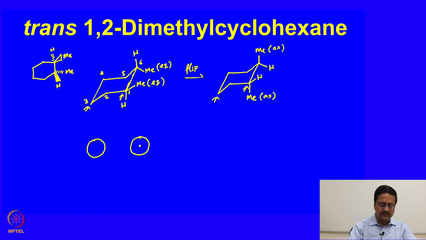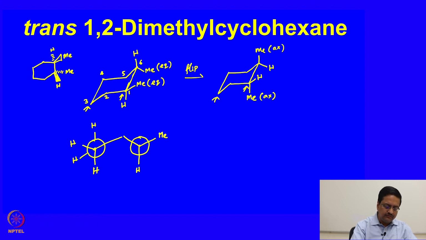So on the first front carbon, carbon 1, we have a methyl group here, one hydrogen down, and this connects through 2 to 3 like that. Carbon 3 has one hydrogen down, one hydrogen here. Carbon 4 has one hydrogen in the axial position up and the equatorial down. You should remember that H axial is here,